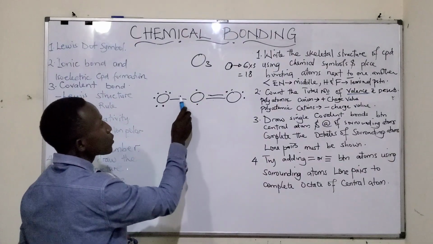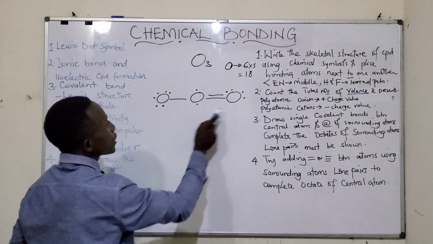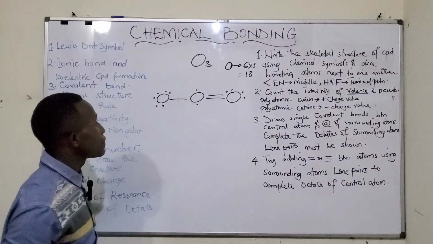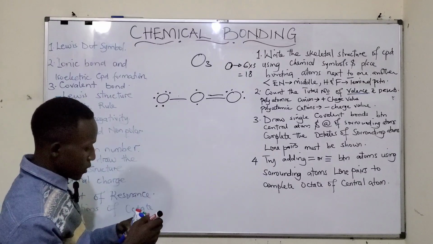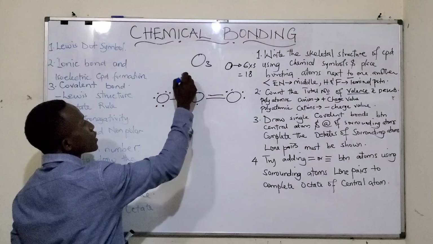So it's having 1, 2, 3, 4, 5, 6, 7, 8. Also this one is having 8 and this one is having 8. Let's see the formal charges. If you try to isolate these atoms,